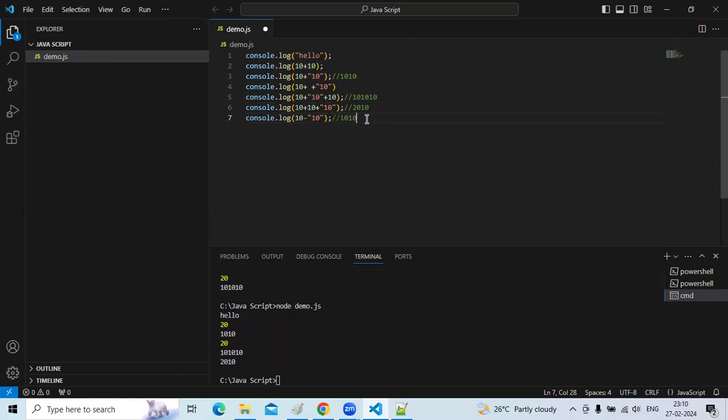Most people think that the right side value is a string and the left side value is a number, so it is concatenating like that. Some people think so, but it's not correct. Here the operator is the minus operator. By default, the interpreter will come and convert the string into a number. That's why the result should be 0. 10 minus 10, right? 0.